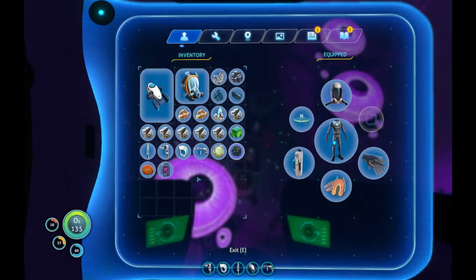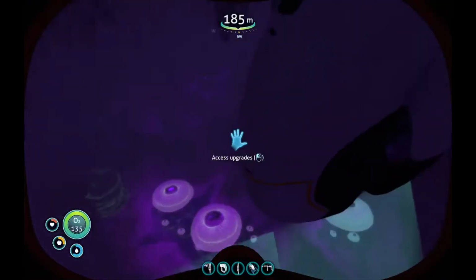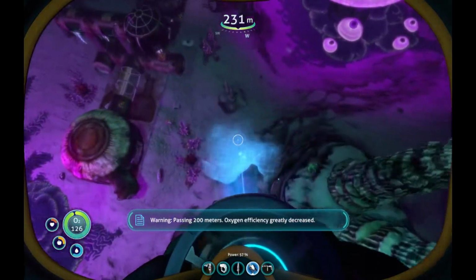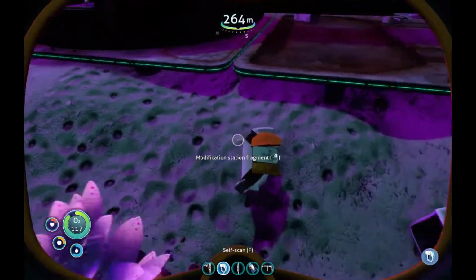I don't have any food or water on me. That's not good. I'm gonna need to make some more of that once I get out of here. But I need to scan that, because if I can make some modifications, that would be extremely helpful. Passing 200. Oh, be quiet. I know what I'm doing, I think. Greatly decreased. I can scan the stuff on the outside here, but...